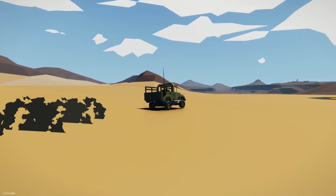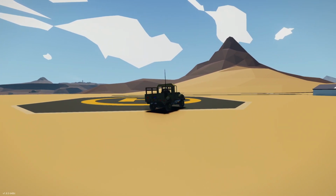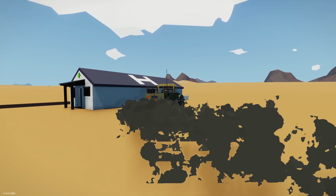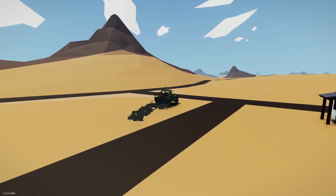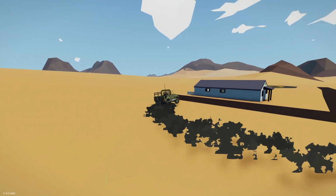And you can always cut down the p-value, and it won't be as much of a nanny if you want to, still the ability to kind of like get crazy. But okay, it looks like because of that suspension, it's kind of bottoming out. So it's one of the reasons I don't put suspension on a game sometimes. I'm running high physics, so it's not bad, but this could probably handle some really good jumps,